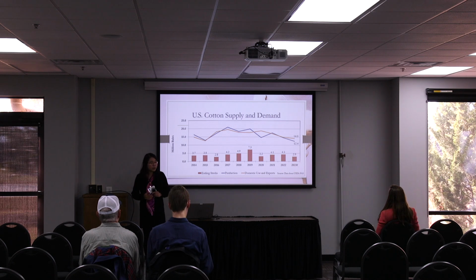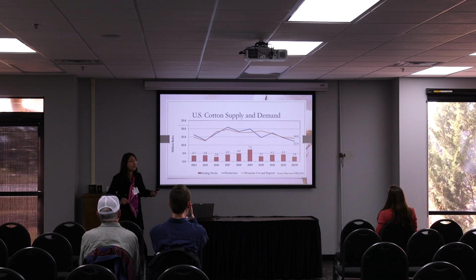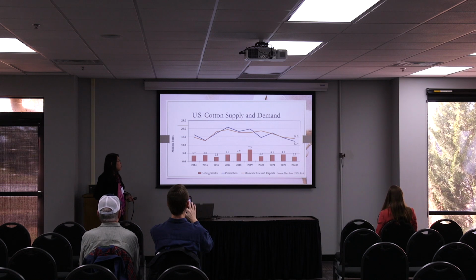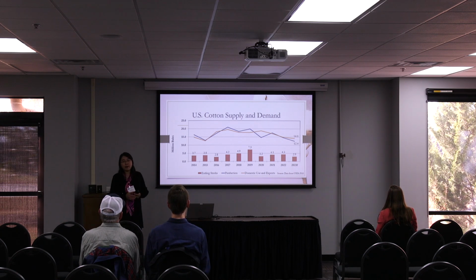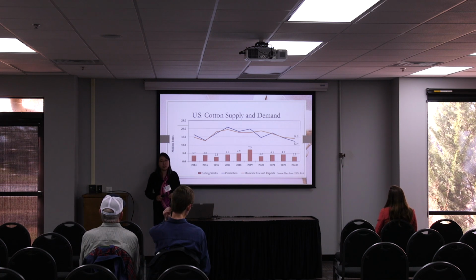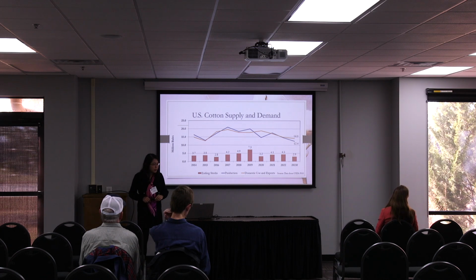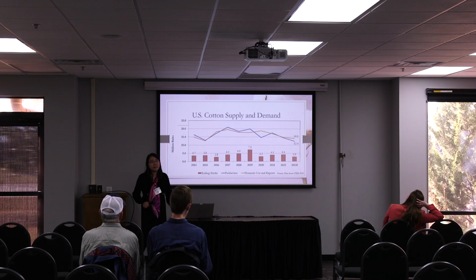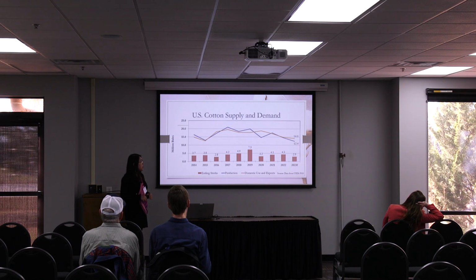Now shift gear a little bit and look domestically in the U.S. at cotton supply, demand, as well as ending stock. For the 2023 crop, demand is higher than production. The orange line is demand and the blue line on the top is production. So demand is currently projected at 14 million bales, and production is at 12.4 million bales. This gap of lower supply and higher demand is the major reason cotton prices sustained at over 80 cents per pound for the past season.